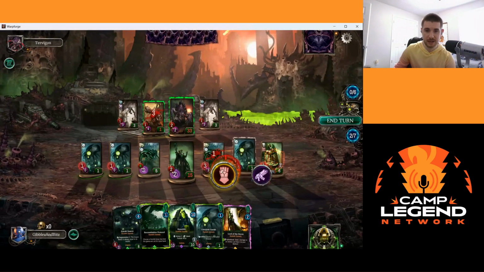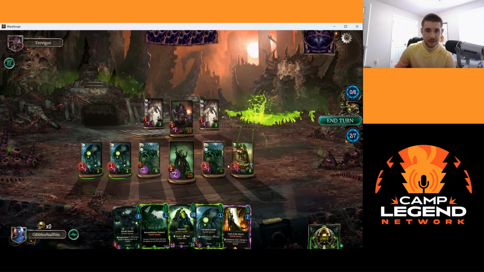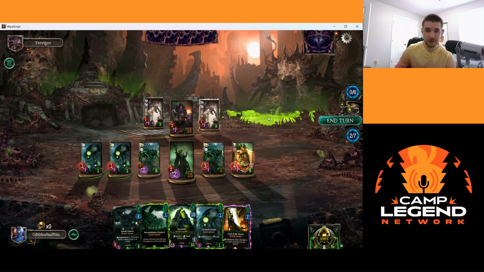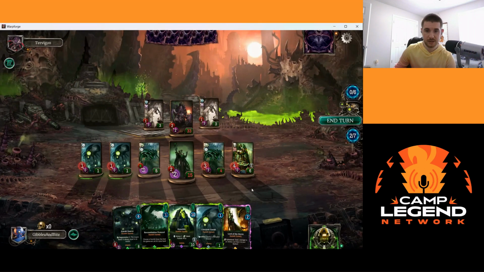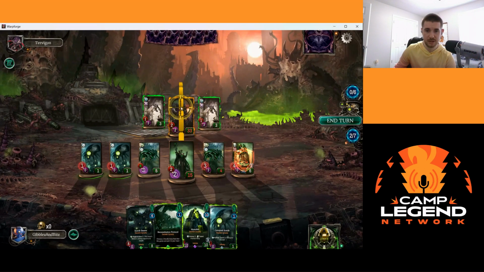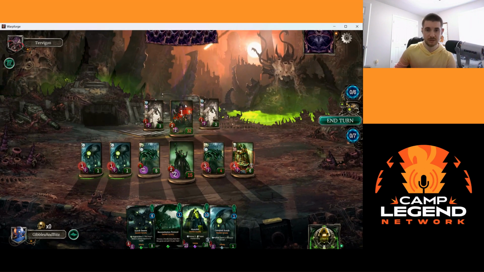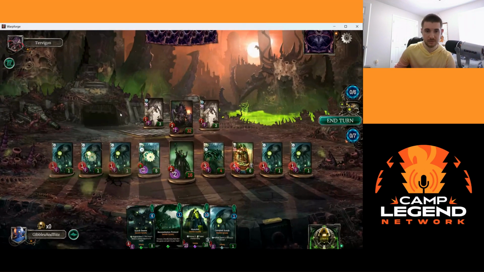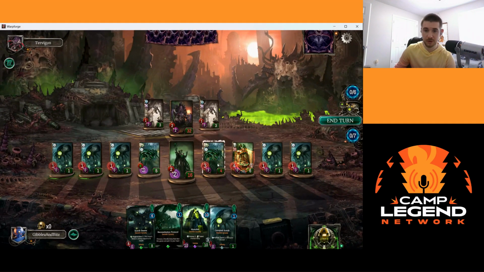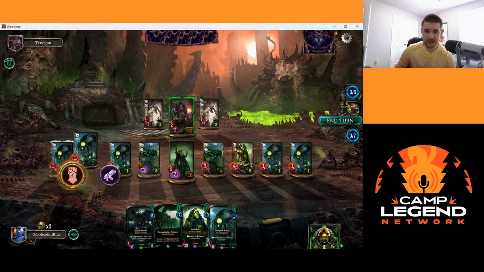We do want to kill this guy just because he is going to get buffs from melee attacks or from other units dying. So 6 there. Let's go ahead and use this. Let's just do it on the Warlord here, right? So we're going real wide now. And we're just going to go ahead and send...